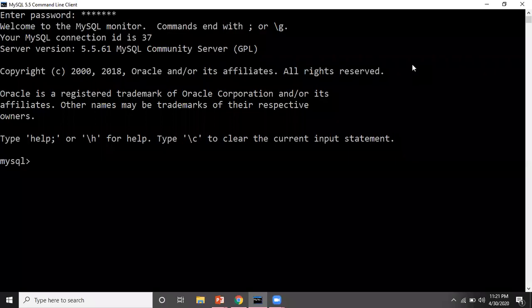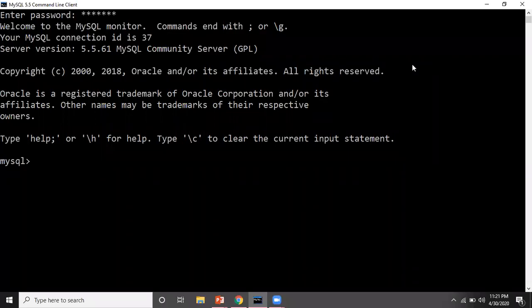Today we will create a stored procedure where I have an employee table, and to give a raise to all the employees, we will create a procedure using a cursor. Here I have a database with employee DB.